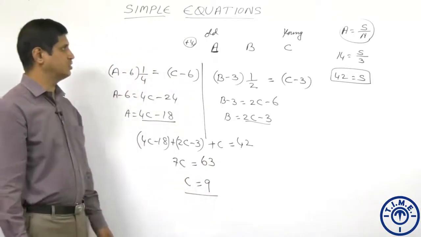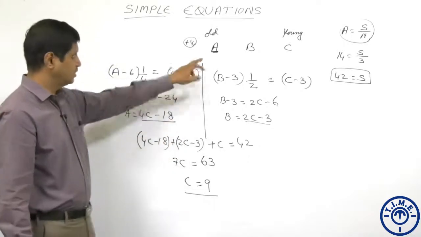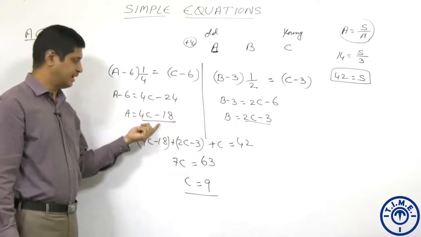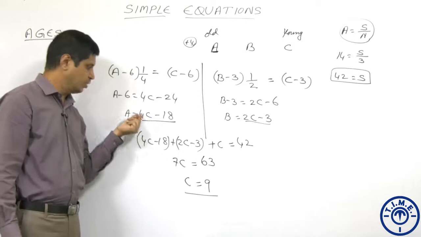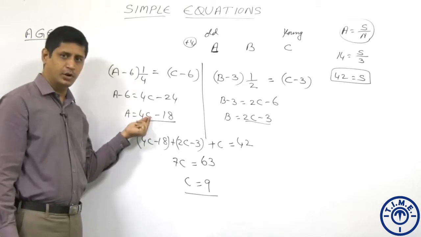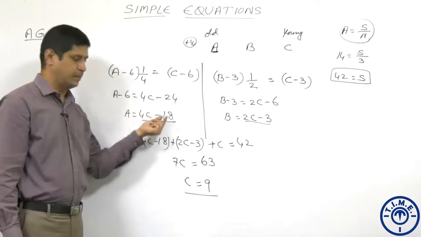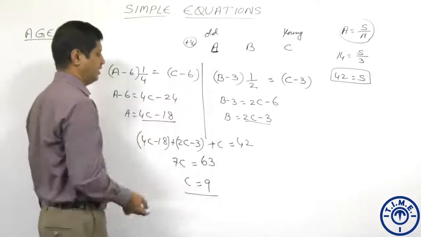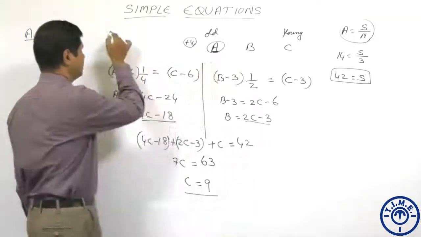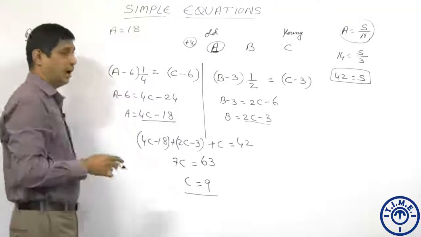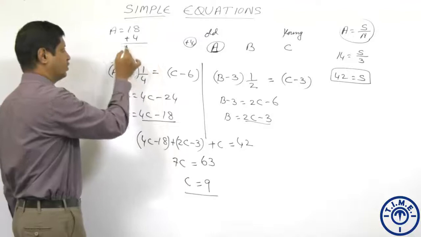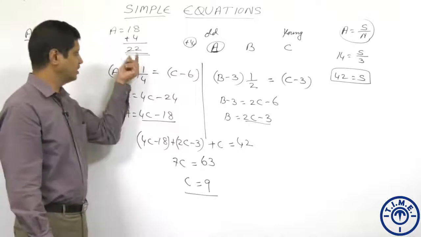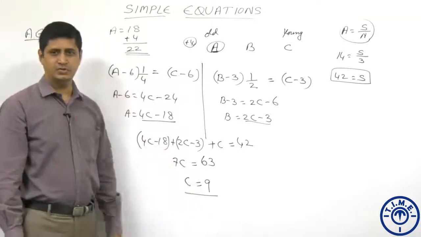The youngest person among the 3 is 9 years. But what to find? The oldest person after 4 years. The oldest person is 4C minus 18. When you substitute C as 9 here, 4 times C means 4 into 9, it is 36, minus 18. 36 minus 18 is 18. The age of A is 18. Today, after 4 years, when you add 4, the result is 22 years. So, what is the age of the person after 4 years? 22. The right answer for this question, option